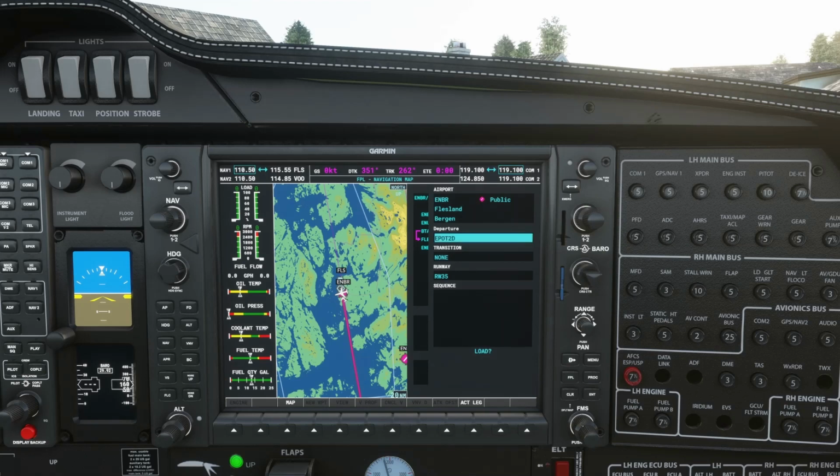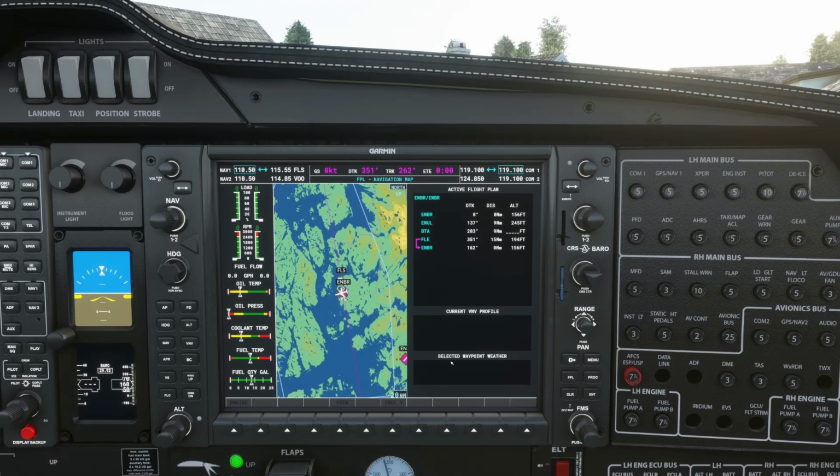So just scroll down using the outer dial on the FMS and then we'll click enter for load it up, and there we are. It took a while. It got me worried a bit there.